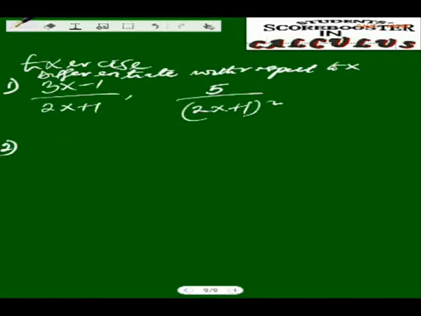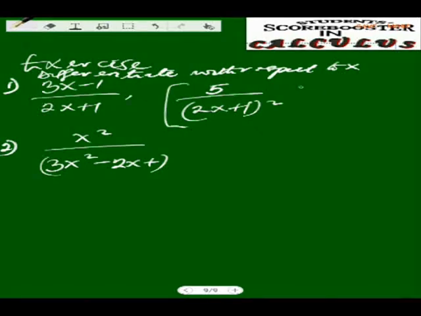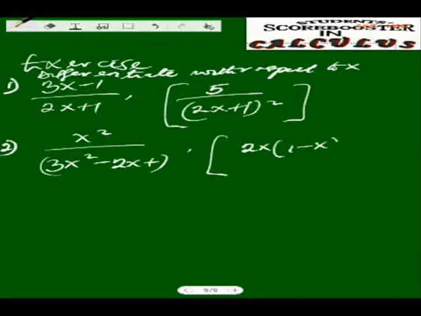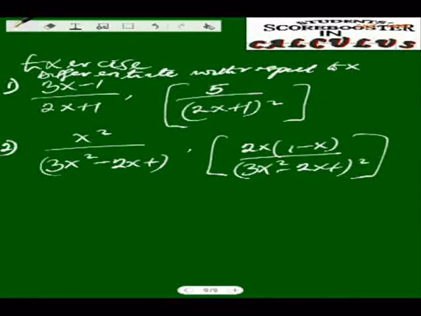Number 2. s squared over 3s squared minus 2x plus 1. So your answer here should be 2x into 1 minus x over 3s squared minus 2x plus 1 squared. So this will be your answer. And number 3,